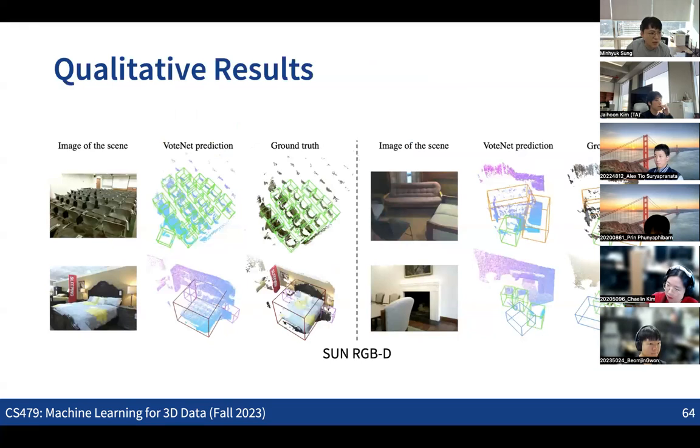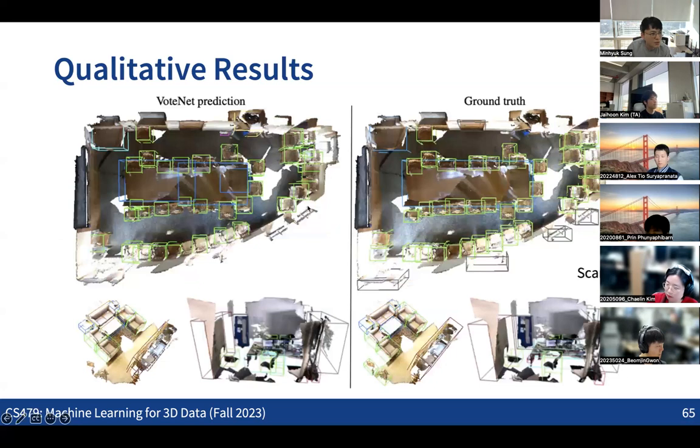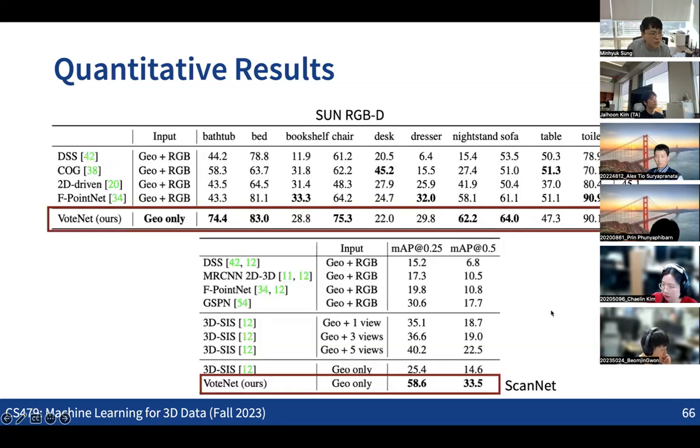So you can check out these qualitative results. You can see that it works quite well in finding all the chairs in this auditorium. These are also some examples of detecting furniture, like chairs and tables, in indoor scenes. Also, in this case we are not using any color or image information. Even when you use only the geometry information without any color images, this still performs better than some of the previous work using the cluster idea or something else.